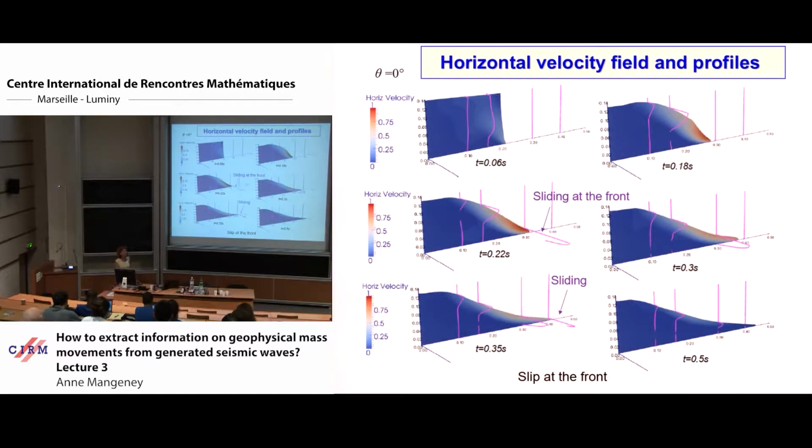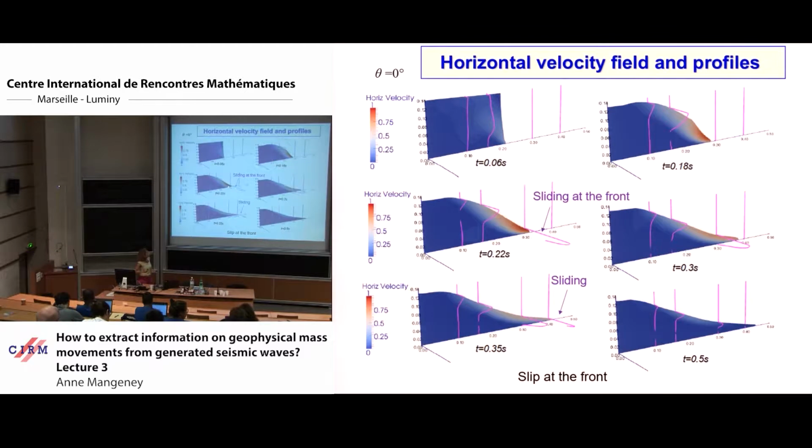So remember, we were looking at collapse of granular column as a function of time. And with this, now we remove the shallow water or depth average equation. So we have vertical profiles of the horizontal velocity. And for example, here at this time, you can see that you have almost a static part, so velocity is almost zero. Then it increases towards the surface.